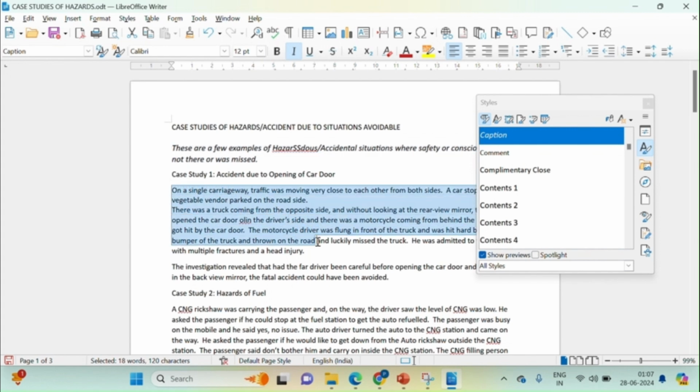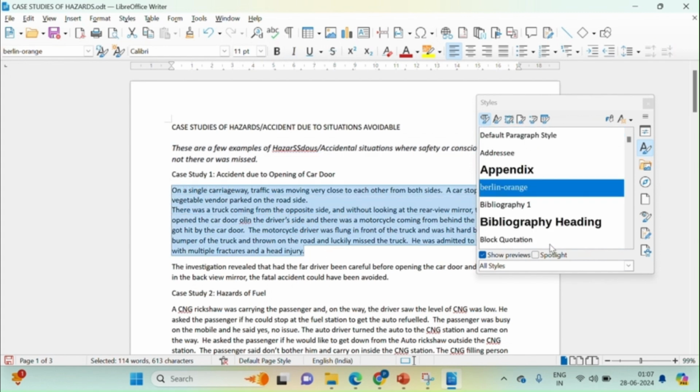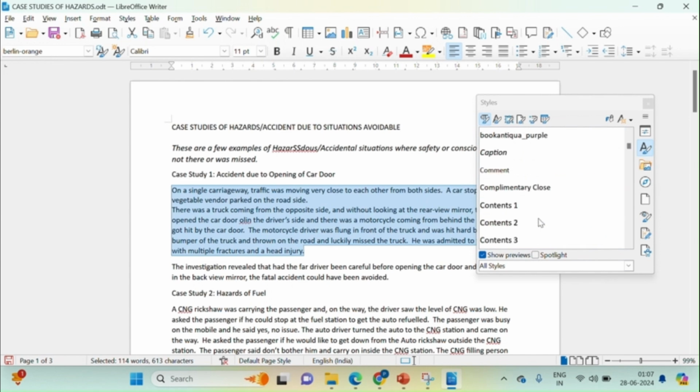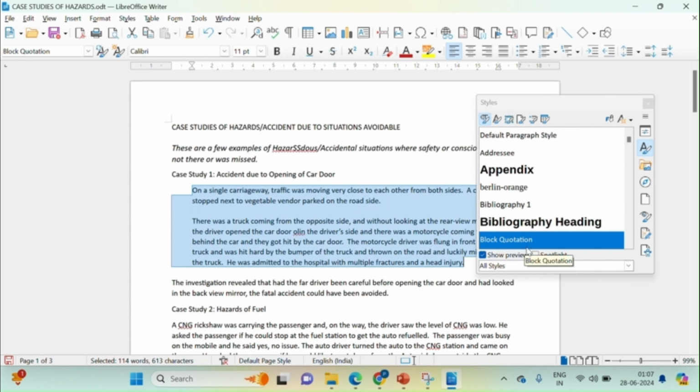Similarly, suppose if I have selected another paragraph and now I am applying another paragraph style, for example, block quotation. So as soon as I click on this style, this will be implemented on the selected text. So paragraph style you can apply on a single paragraph, or maybe on all the paragraphs same style can be applied, which will lead to the uniformity, which will lead to the consistency of the document.